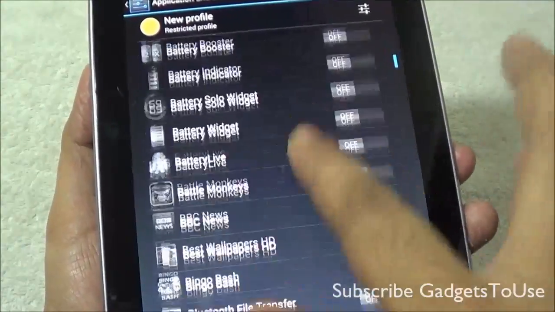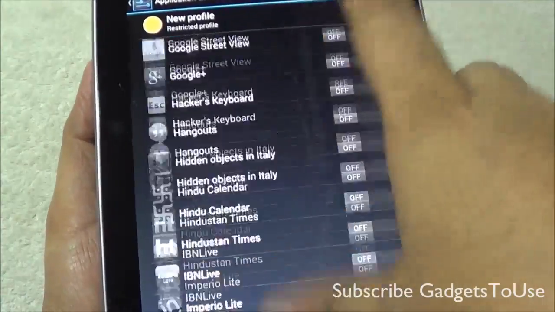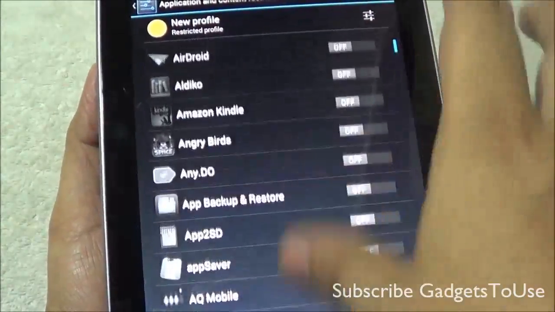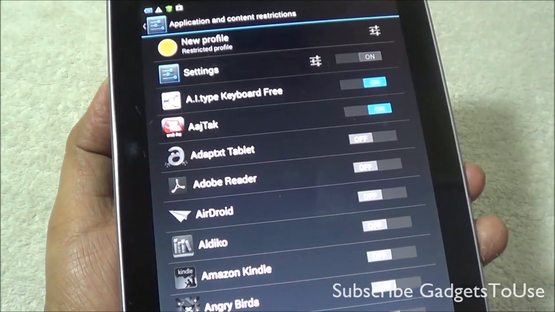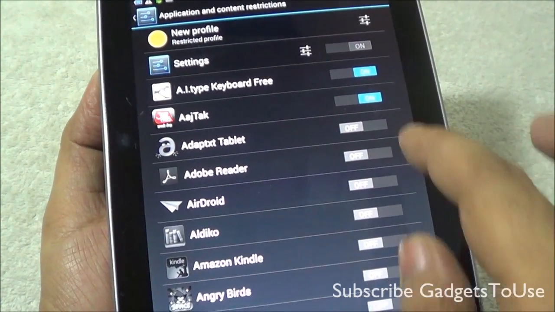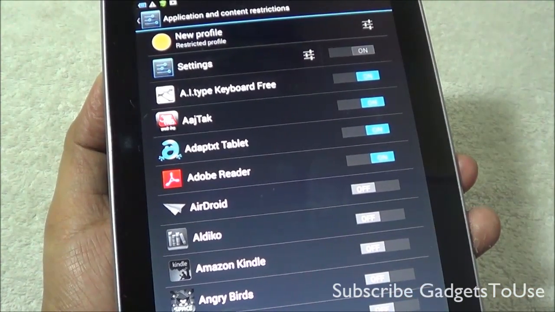All the applications you have installed on this tablet will get listed over here, and this is how you can restrict a person from accessing specific applications on this device using the restricted profile feature which is now available in Android 4.3.